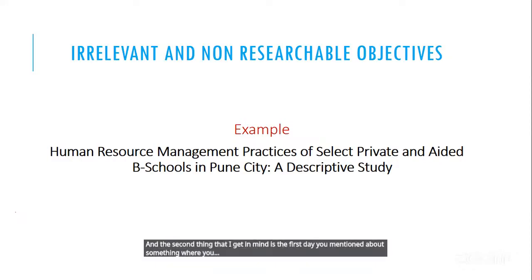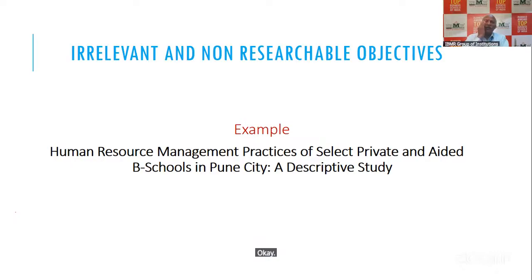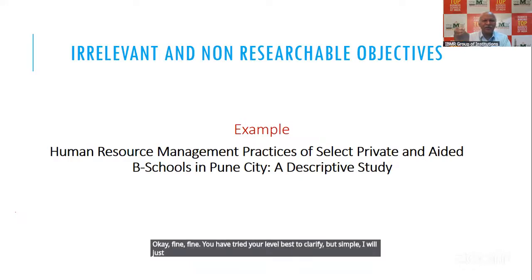it is a relevant topic, but you may not have adequate data available on that topic. For example, the bank example that you had cited. Okay, fine. You have tried your level best to clarify, but simple, I will just tell researchable and